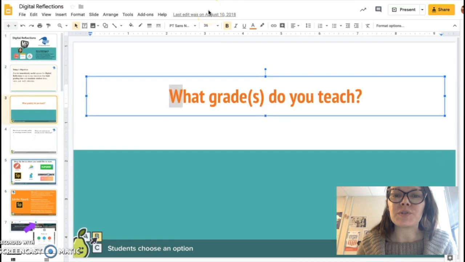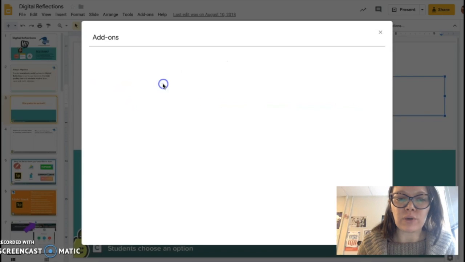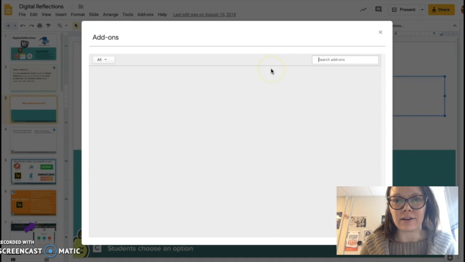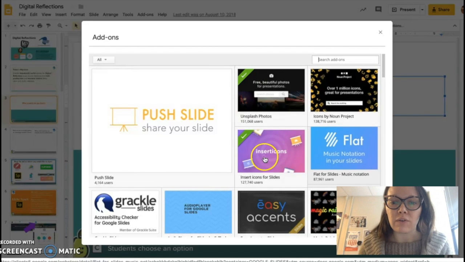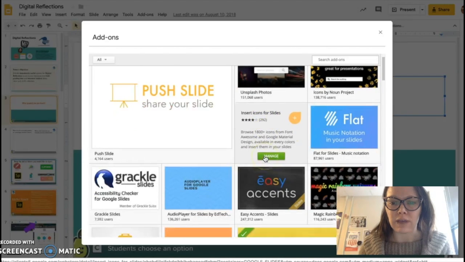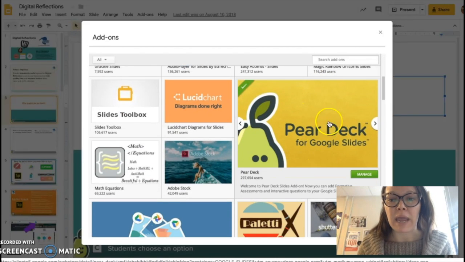My first step is to open up any Google slide deck, and I'm going to go to my add-ons. And if you don't have the Pear Deck add-on, you're going to click on Get Add-ons. This is a great way to find additional tools. I use their video insertion tools. There are a lot of different things you can learn about here, but we're going to talk about Pear Deck